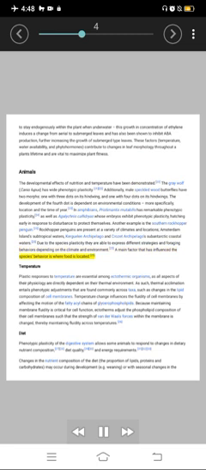Temperature. Plant responses to temperature are essential among ectothermic organisms, as all aspects of their physiology are directly dependent on their thermal environment. Thermal acclimation entails phenotypic adjustments that are found commonly across taxa, such as changes in the lipid composition of cell membranes. Temperature change influences the fluidity of cell membranes by affecting the motion of the fatty acyl chains of glycerophospholipids. Because membrane fluidity is critical for cell function, ectotherms adjust the phospholipid composition of their cell membranes such that the strength of van der Waals forces within the membrane is changed, thereby maintaining fluidity across temperatures.